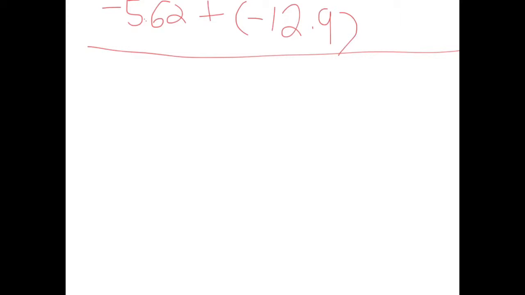Hello, so I will be adding negative 5.62 plus negative 12.9, and this is how I would do it. So I will go negative 5.62 plus negative 12, my bad. Oh no, oh man. Okay, so I would put